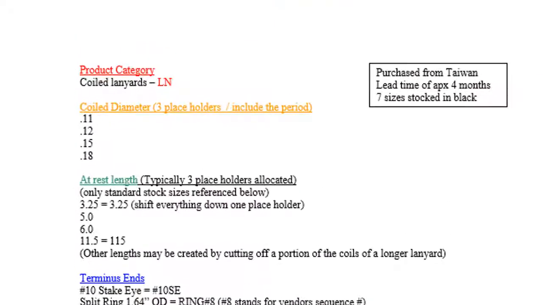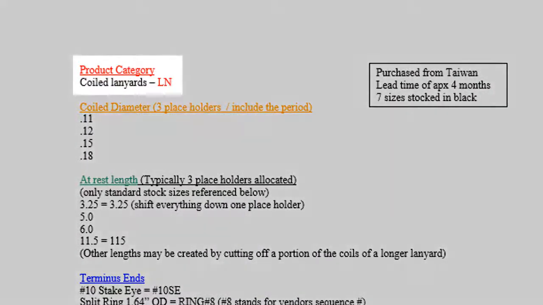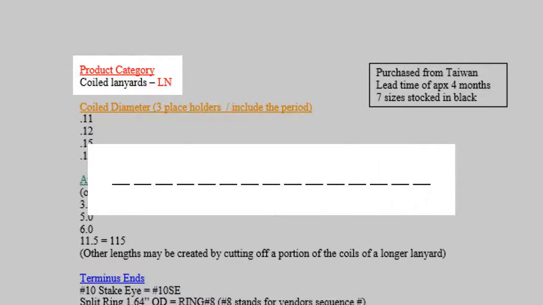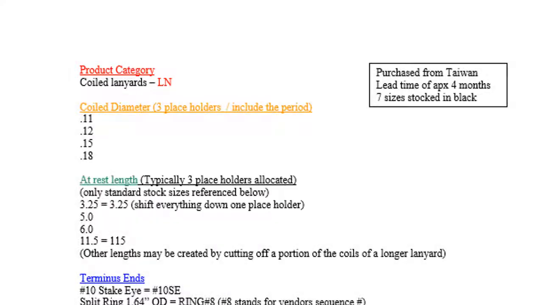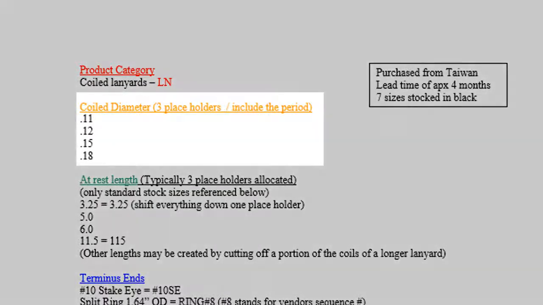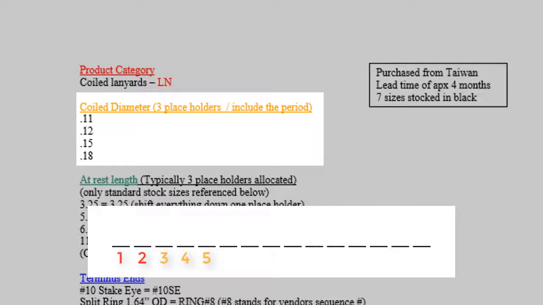To start, take notice that the product listed in the red section is a coiled lanyard. All coiled lanyard part numbers will have a 2-digit designator taking up the very first 2 spaces and will start with an LN. Next, we move on to the orange section labeled Coiled Diameter. We allot 3 placeholders for the diameter within the part code. The diameters are called out in decimal format. There is no translation. If a lanyard is 0.11 inches in size, it is written 0.11, including the decimal within